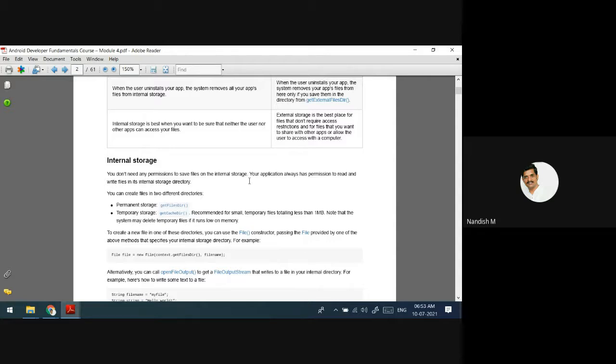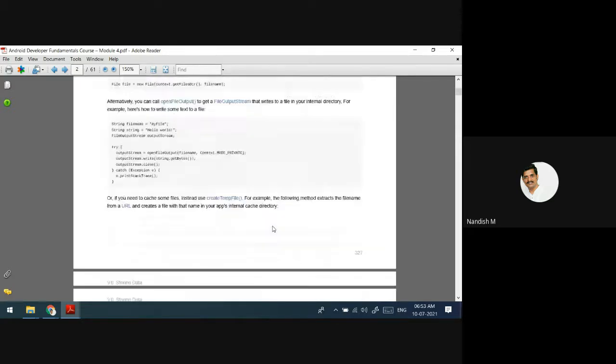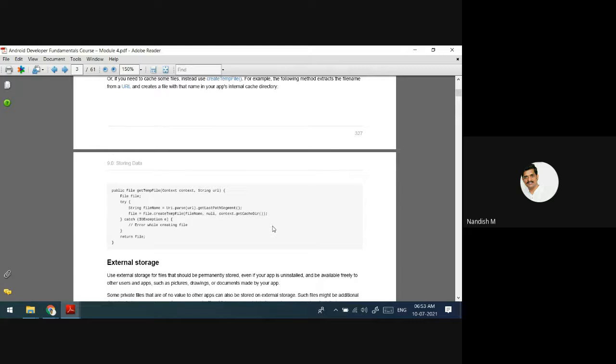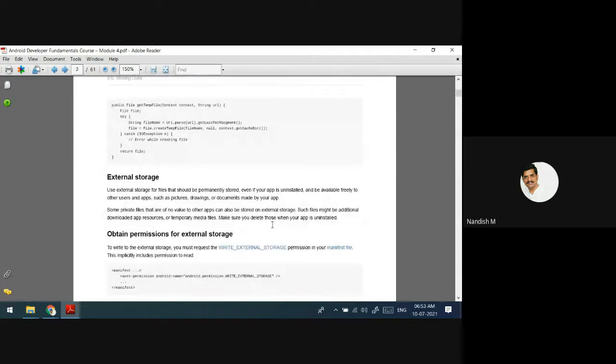But I'll discuss some of the topics in module 4 that will give you some information about the database and the storage, the internal storage and the external storage. The external storage is the storage devices that we are going to connect. The internal storage comes with the mobile itself. External storage means you connect it through the ports.